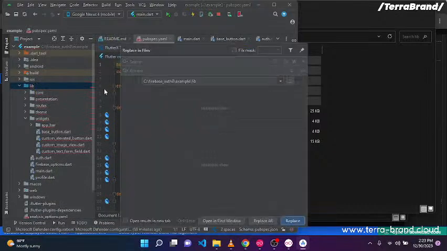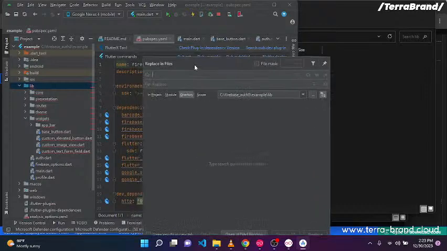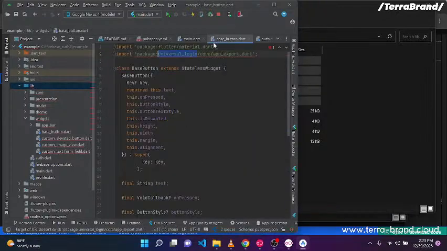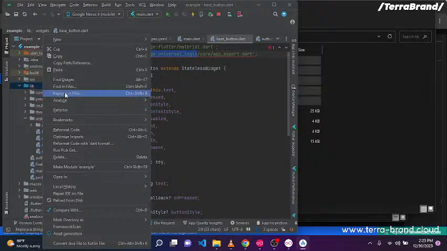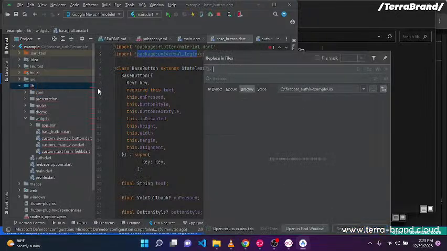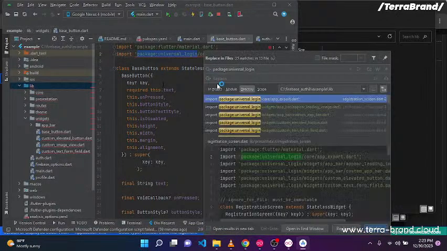Anyway, to make it simple, let's do it like this. Let's copy this entire sentence so that it doesn't replace what I don't want it to replace. Okay, so select find replace in files, then